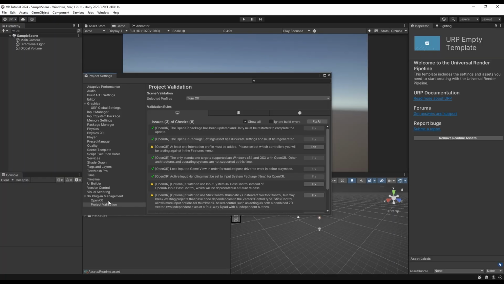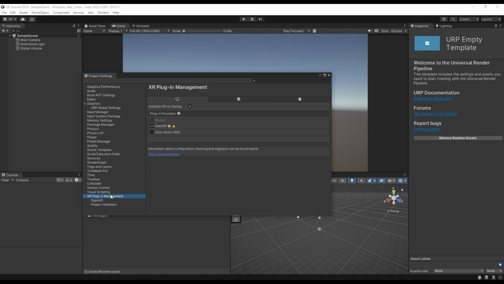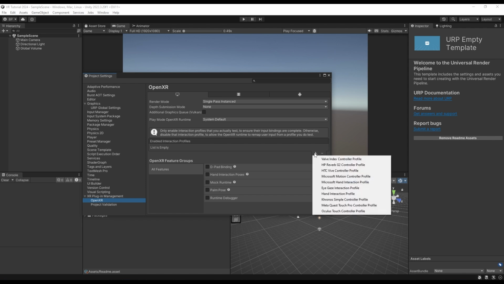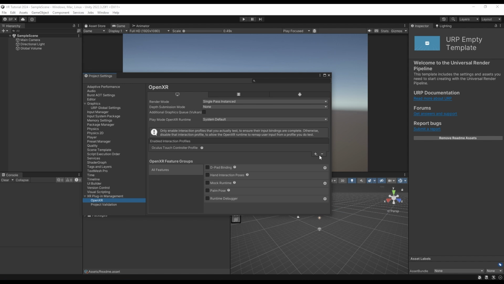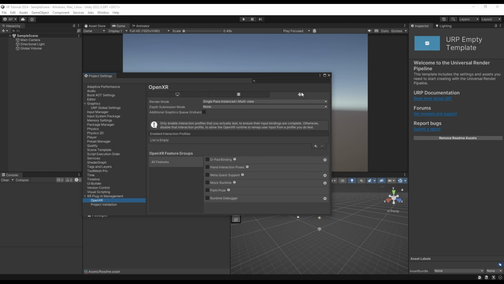As you can see in the project validation tab, there are issues shown. The reason for this is because there are no interaction profiles enabled. We can fix this by adding an interaction profile like Oculus or Meta. Since the MetaQuest 2 is the only device that we will be using, we can just add these two. But if you have any other devices like the Vive, you can add